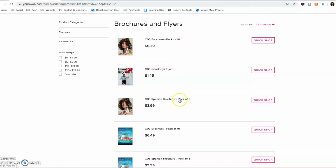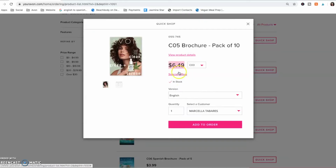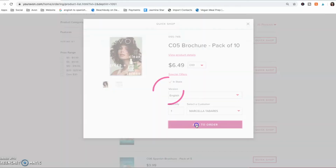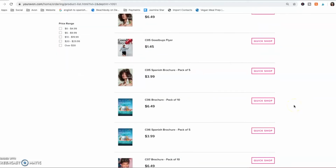But I want you to note that the pack of 5 is only for Spanish brochures, okay? If you're going to order English, you can only order in packs of 10. And they're super reasonably priced. A pack of 10 is going to be $6.49. So I'll go ahead, order my pack of 10, add to my order, and then I also recommend that you